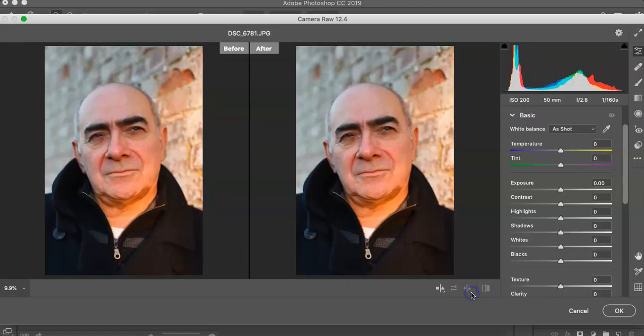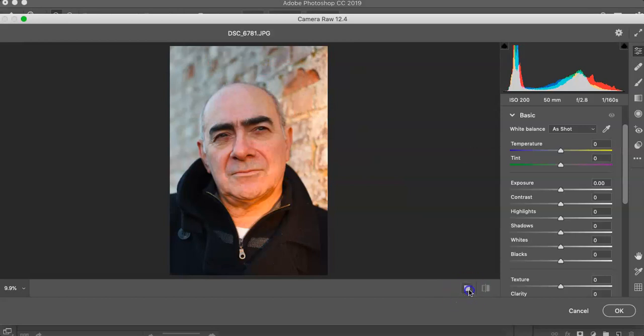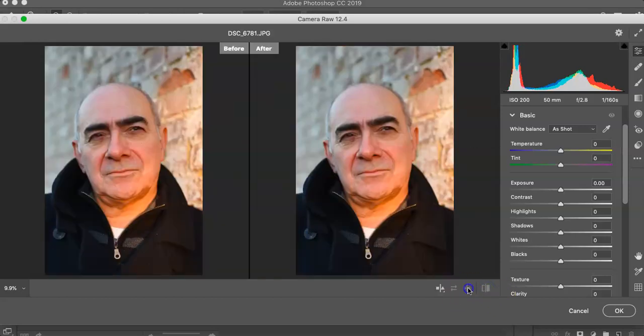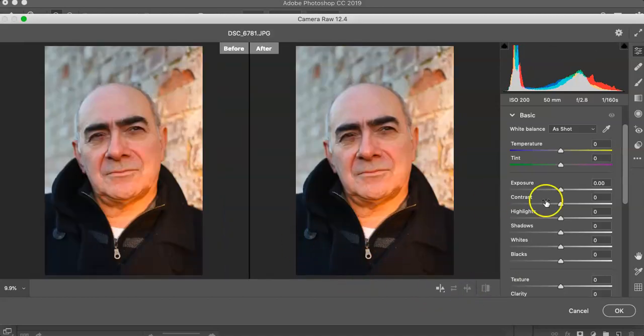Now there are different ways that you can view your image, your before and after cycle. This is a really useful tool because it shows a visual image of how you've made those edits to your picture, and it also records the edits that you've done here. So you've got different formats, but for now I think this is fine. There's lots of different ways that you can show your picture as well. If it's a landscape, it will show it as a landscape. Okay, so you literally just click on the before and after,